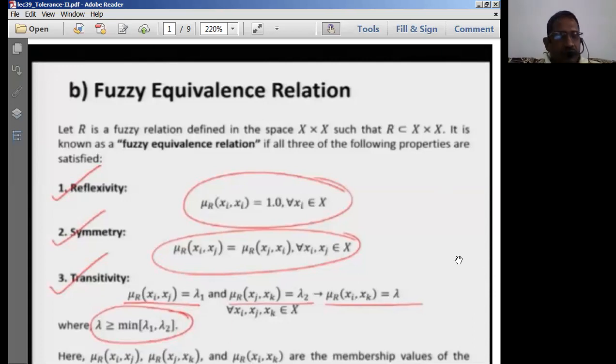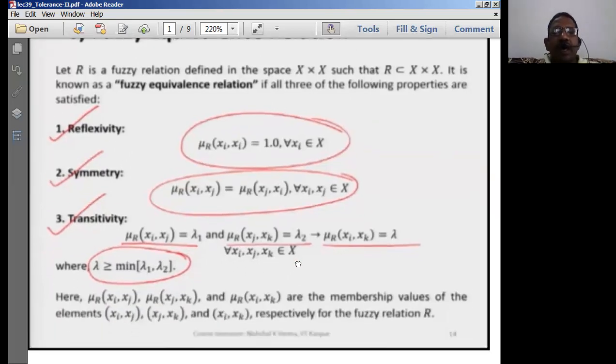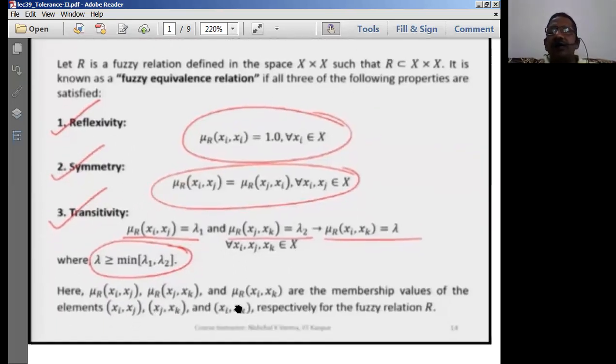So we will end up unit number 2 today in this session by covering the last topic, that is the fuzzy equivalence relationship. In the last session we discussed the three properties that need to be satisfied for a relation to be a fuzzy equivalence relation. The first two have already been explained in the fuzzy tolerance relationship, and the last one is the transitivity relationship. So what is a transitive relationship? Here it has to satisfy certain conditions.